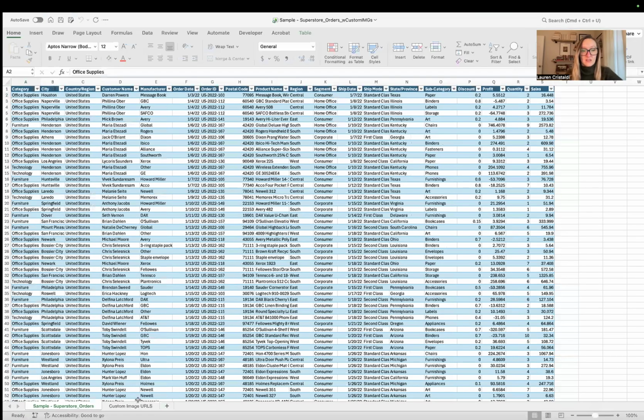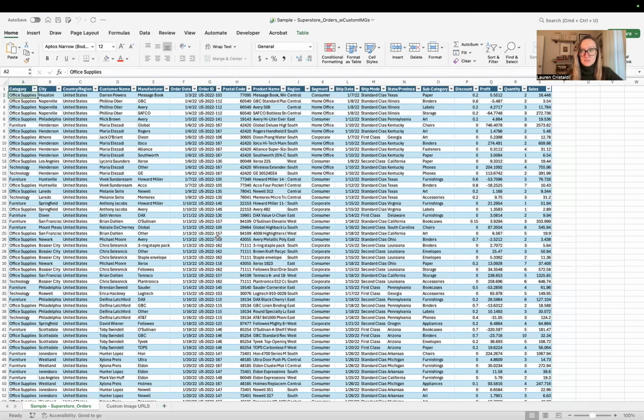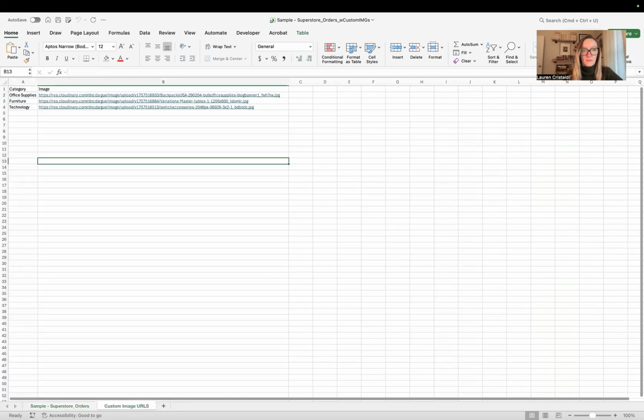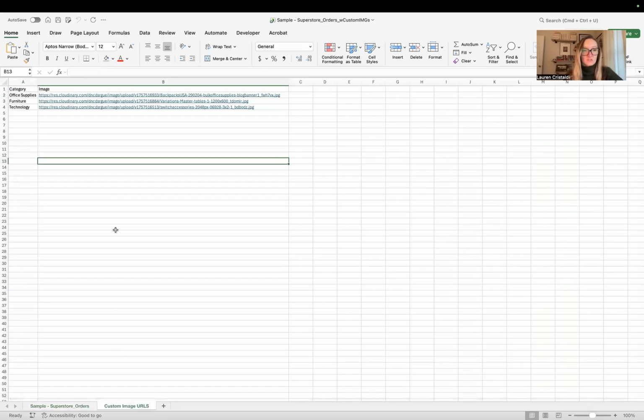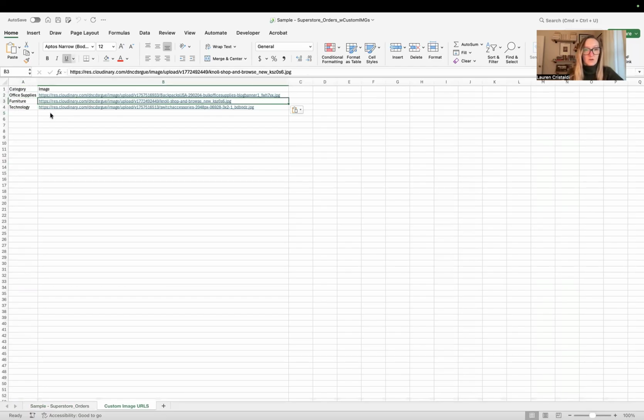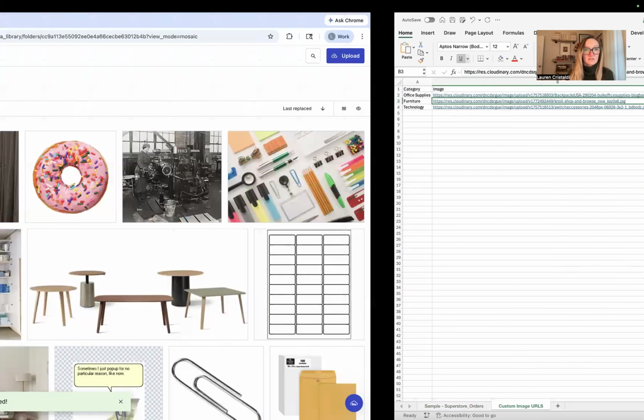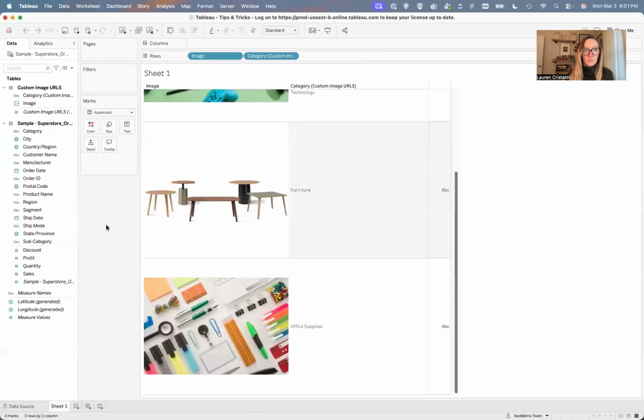Now, if we go over to our data, I'm just using Excel for this. If you're using a database table, then you can create another table where you have a primary key that matches this table for the associated image URL field. In this case, my other table is just another tab. In this, for example, I have the 3 different categories that we're using, and I'll paste that new Cloudinary image URL. Now if we save that, and we can go back to our Tableau workbook,